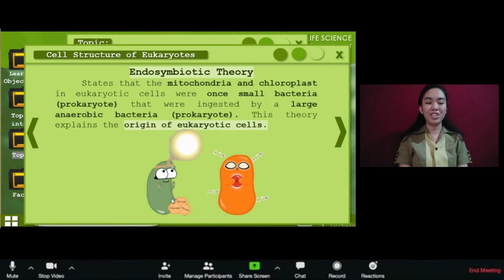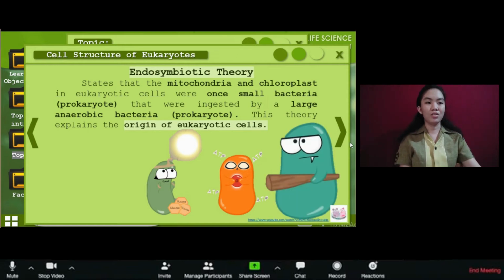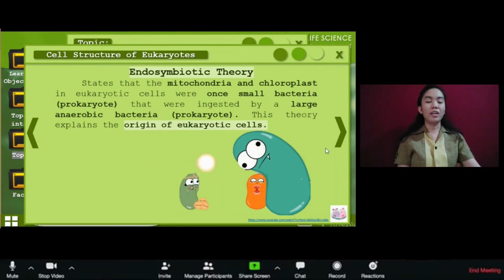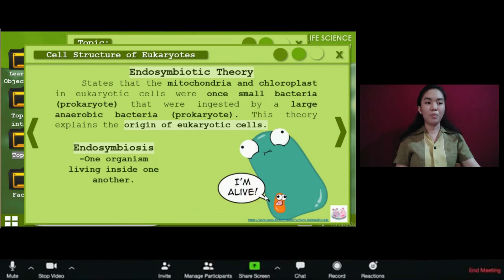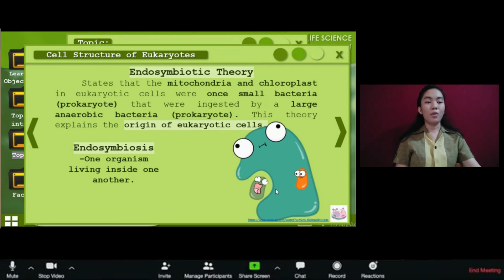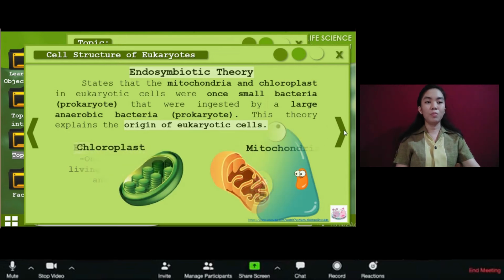So, ang unang nangyayari dyan is meron daw photosynthetic bacteria which produces food from the sunlight, and bacteria that uses oxygen to produce ATP or energy. And meron ding large bacteria, kagaya ng nakikita nyo sa screen. And sinasabi sa endosymbiotic theory that large bacteria engulfed the small bacteria. However, hindi siya na-digest, kundi namuhay siya sa loob ng large bacteria in the process that we called endosymbiosis. And then, kalaunan, kinain niya rin yung photosynthetic bacteria that believed to be developed into chloroplasts and mitochondria that we